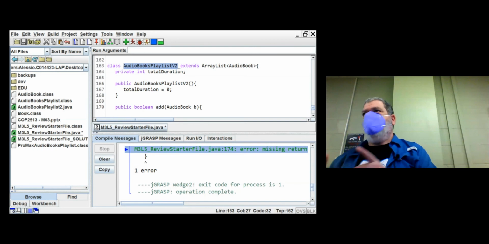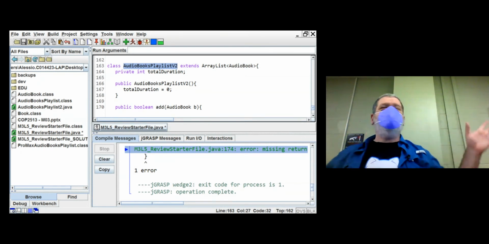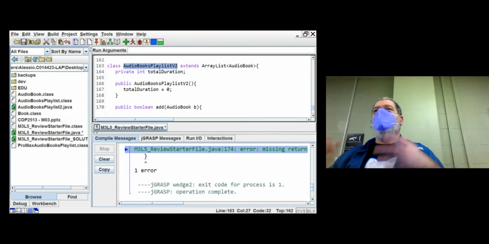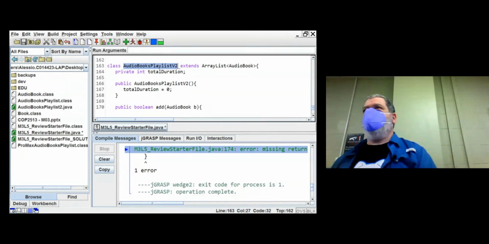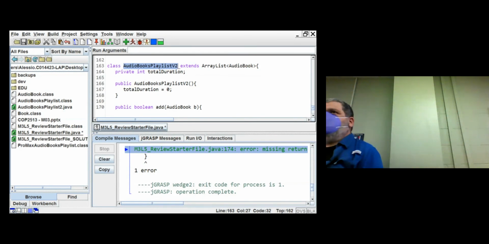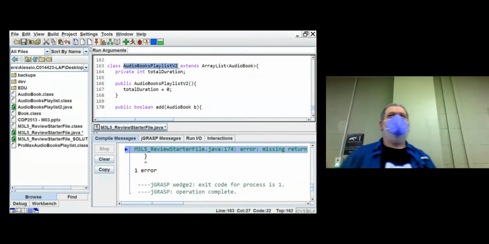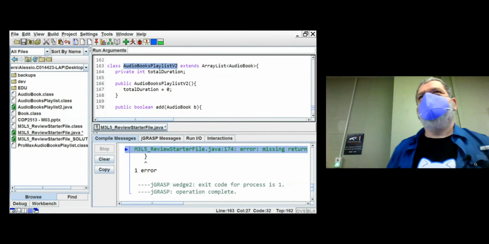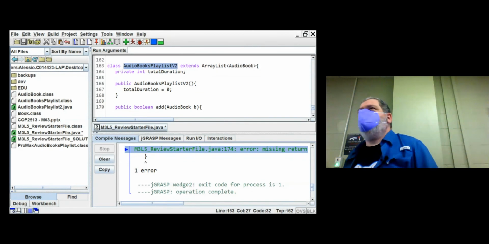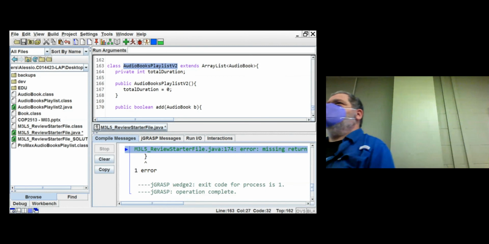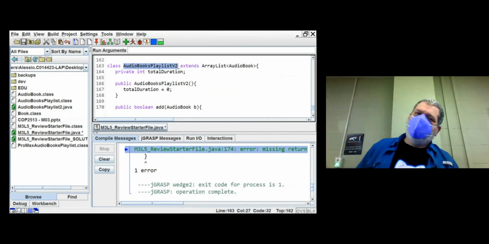Like sooner you were saying, we inherit from array list, and I kind of corrected you, but maybe this is actually a good entry point for everybody to understand. Yes, you do inherit from one version of the class array list, which is an array list that is meant to contain audiobooks. Yeah? So when we do the dot add method, and we print, it would still print just like